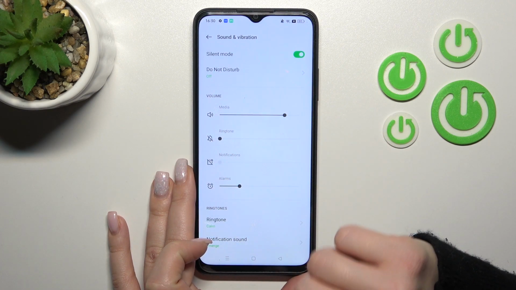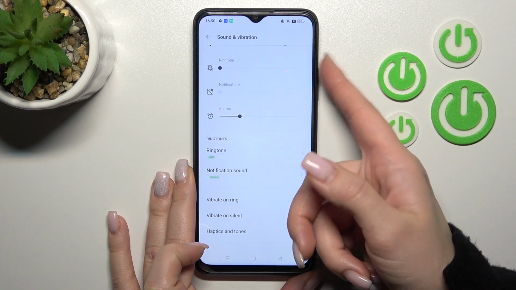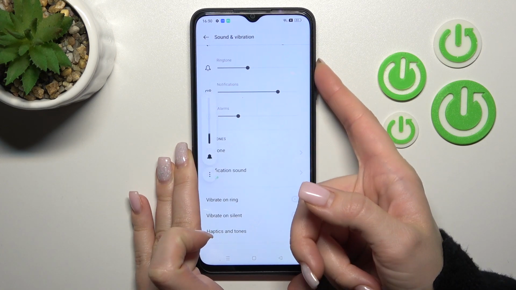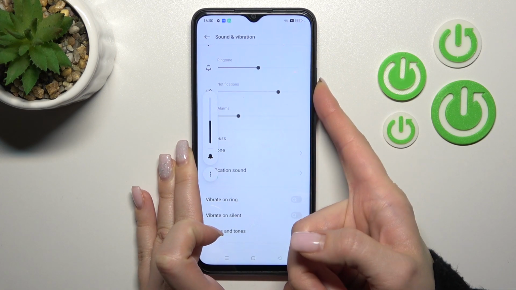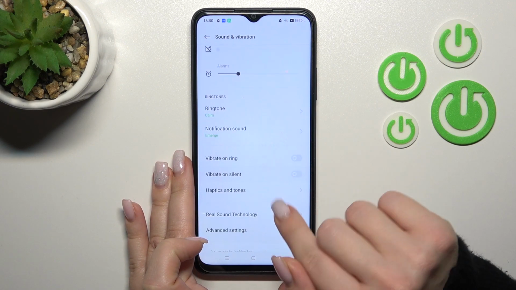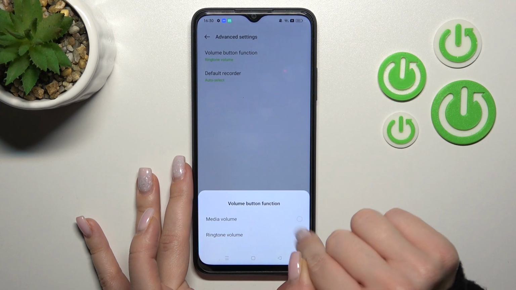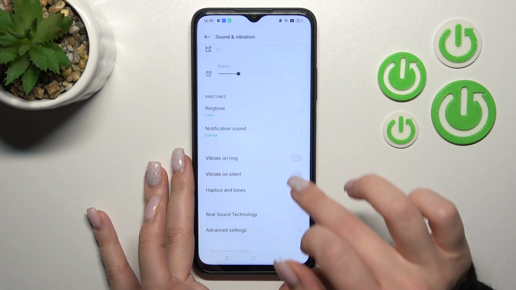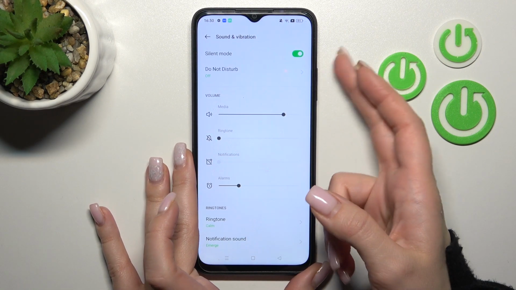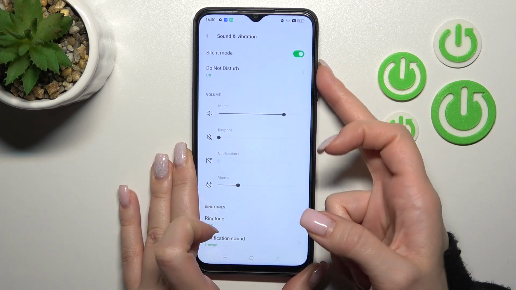Also, we have a second way we can do that. We can do it with the help of the volume button. But to do that, first we should be sure that in Advanced settings, in Volume button function, we have selected ringtone volume. After that, this way we can unmute this volume panel by pressing the up